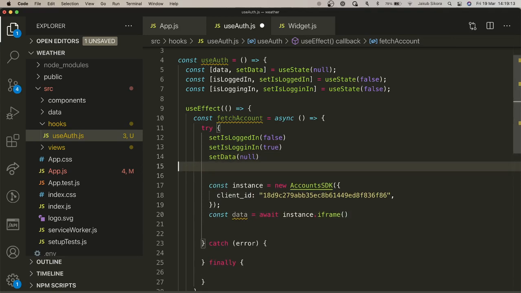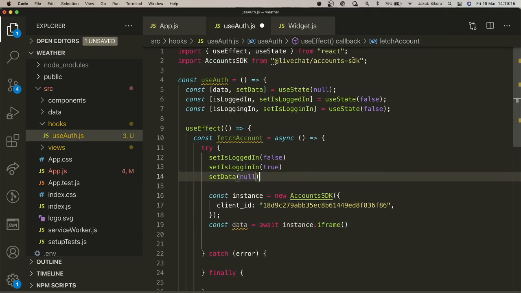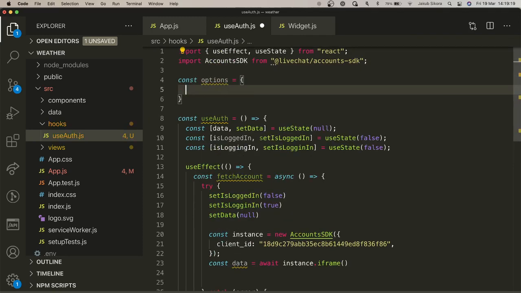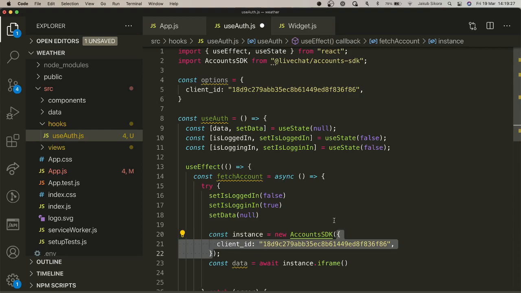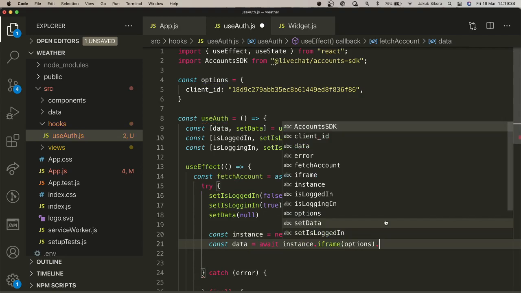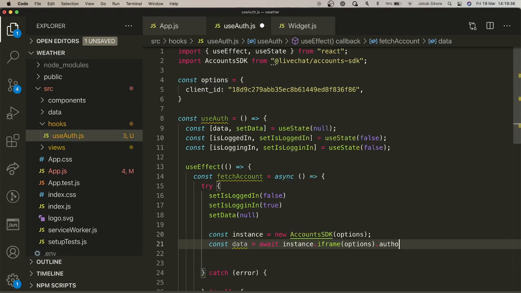Sorry, there was one thing I forgot. Let's extract some options, so the client ID. These are our options to create an instance of Accounts SDK, but you also need to pass that instance to your iframe, and iframe then has a method to authorize, and if all goes well,